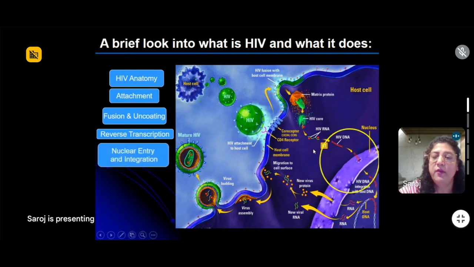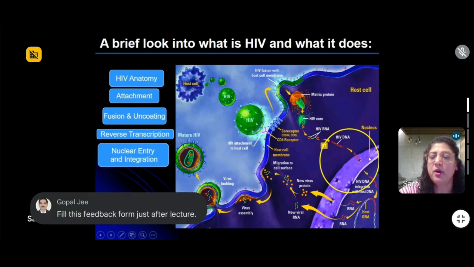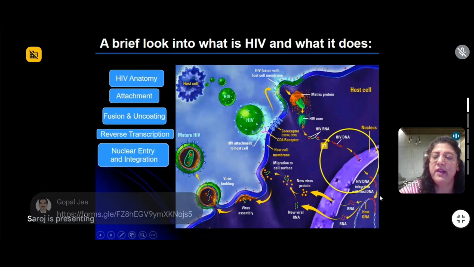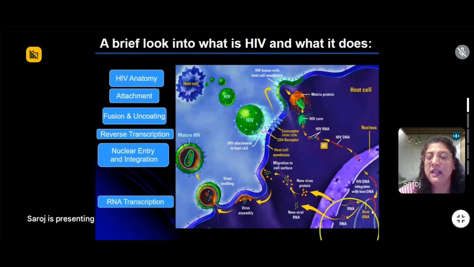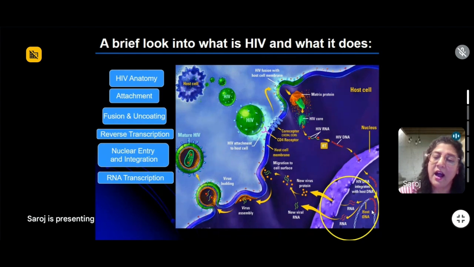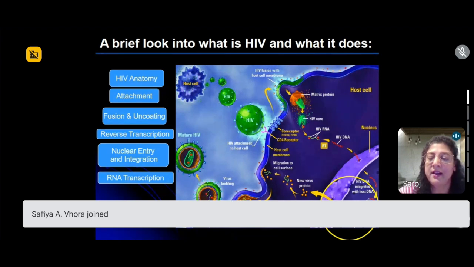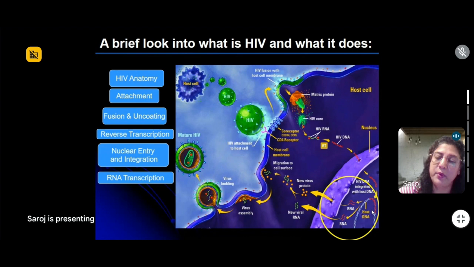So you can see it now from the cytoplasm via the nuclear pore complex going inside your nucleus, and this is where it is going to now integrate. You can see this red portion where it is integrated with our genome, our DNA, especially when I say our, it means the people who are infected with the HIV virus, and it is part of your DNA now. And this DNA, of course, now is going through our central dogma, the linear flow of information, where the DNA is going to be converted into RNA. RNA is going to now move to the cytoplasm, and this RNA, because it is the viral RNA, is now going to synthesize the viral protein.